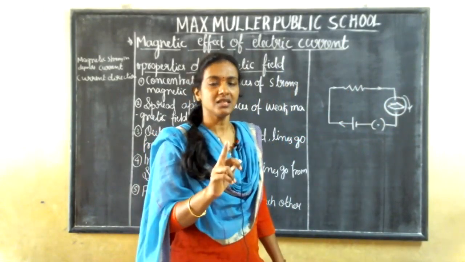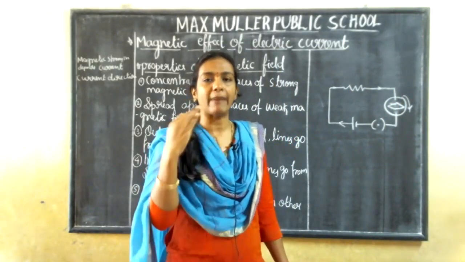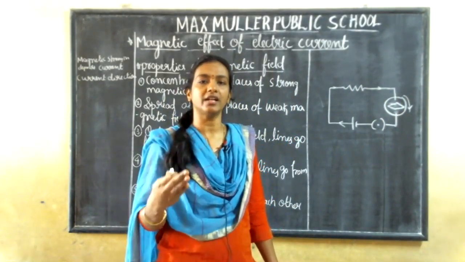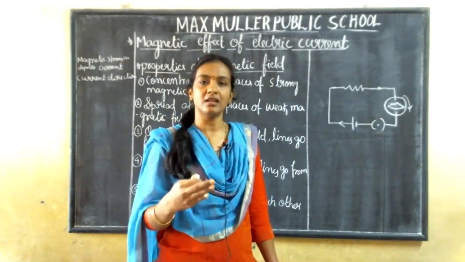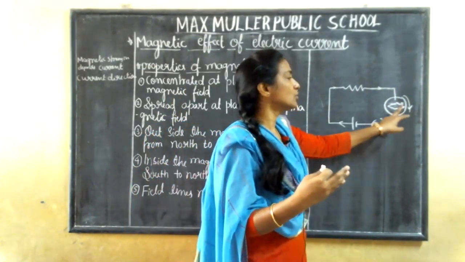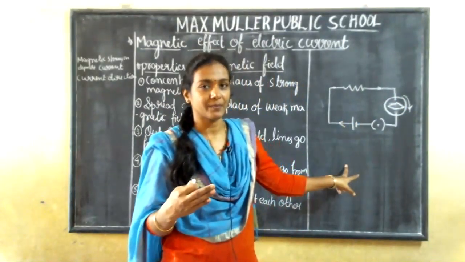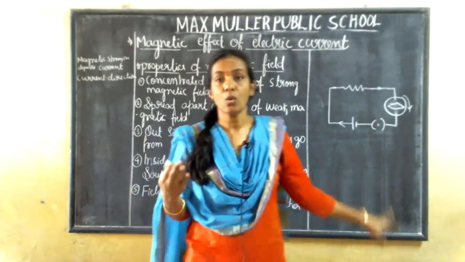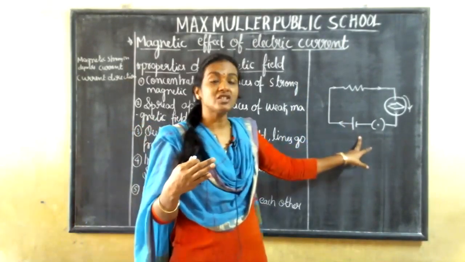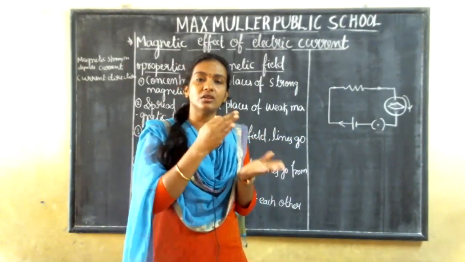So the first thing he observed is that when he increased the batteries in the circuit, it means he is applying more current into the circuit. When he applied more current, the compass started to shake more compared to when there were fewer batteries. It means the magnetic strength depends on the current strength.